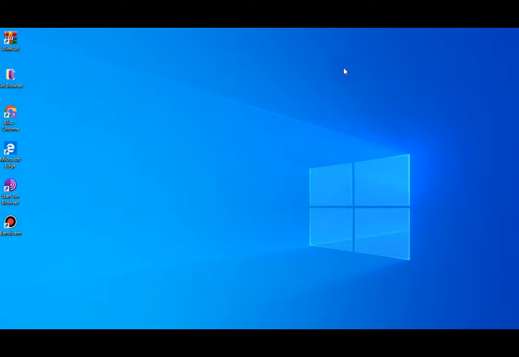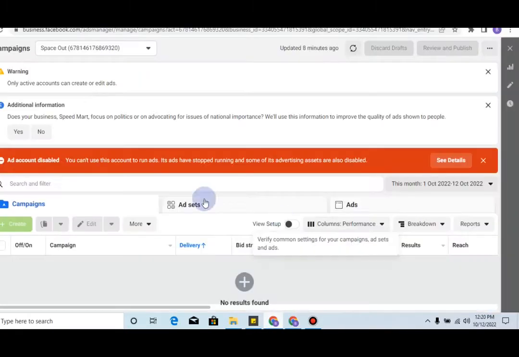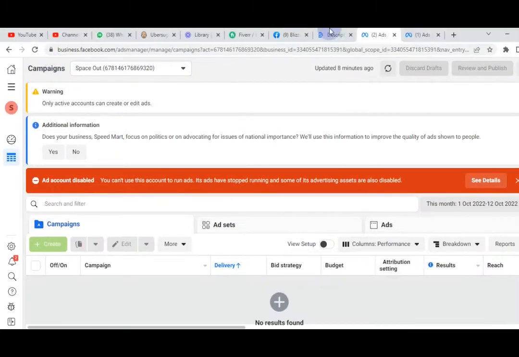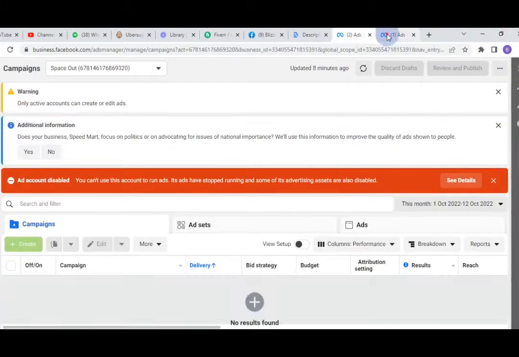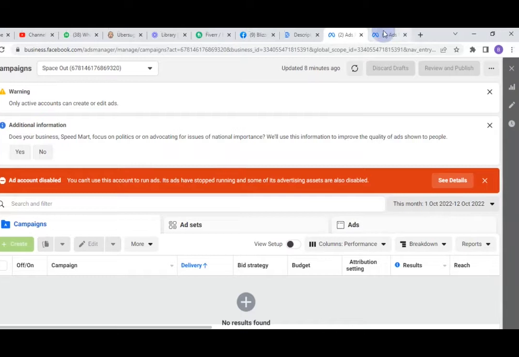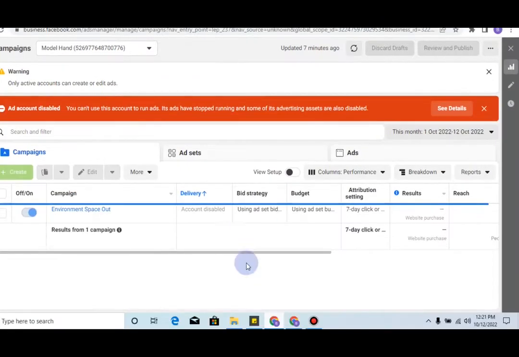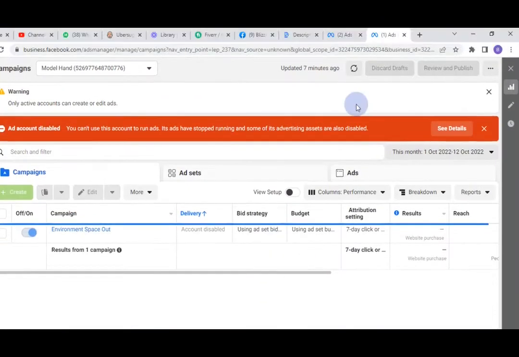So without further ado, let's dive into the topic for today. I have this Facebook account and that was banned. I think these two ad accounts you're seeing here, they were banned for no reason. This one was banned for no reason. This other one was banned for I don't know the reason, but that's a bygone. What we are going to be dealing with in this video is, when your account is disabled, how do you then remove